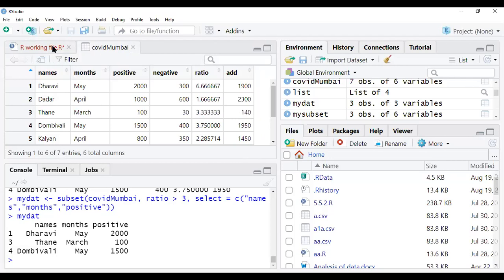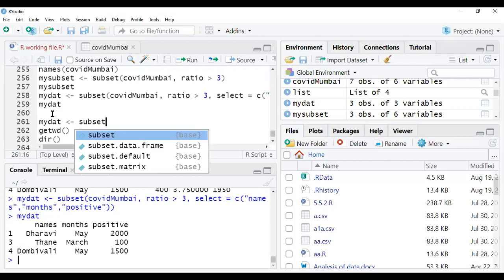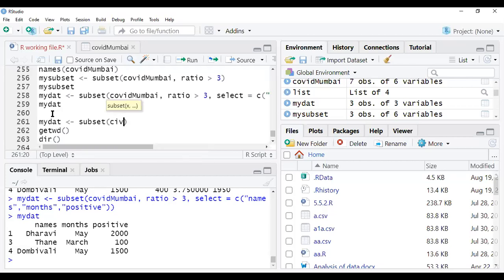Sir, I write in the chat box. Okay. Wait. Hello, sir. हाँ बोलिए बेटा.